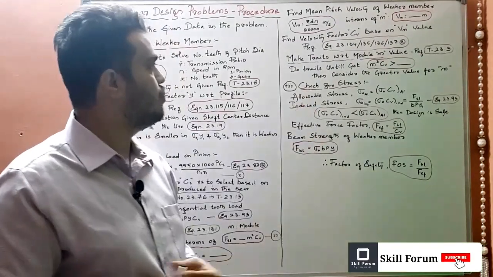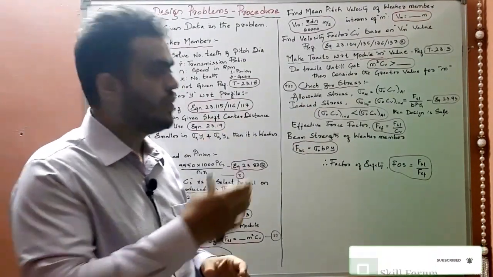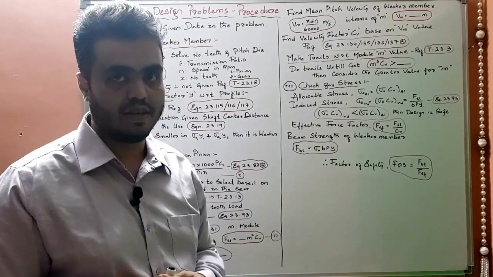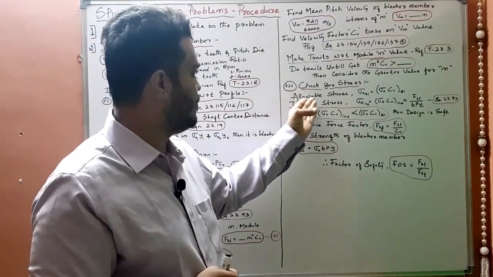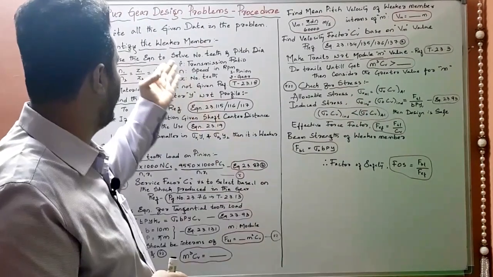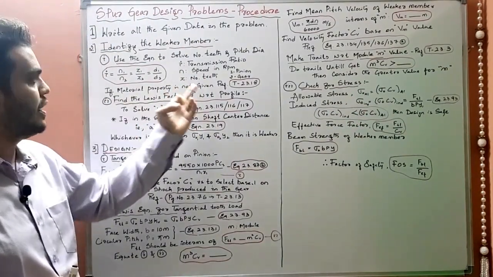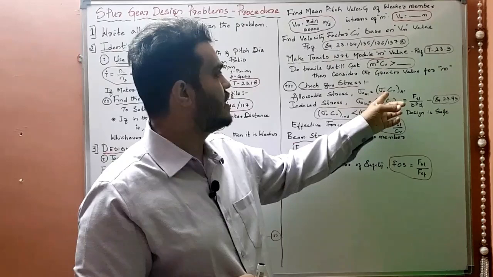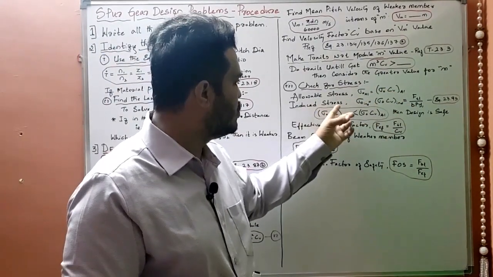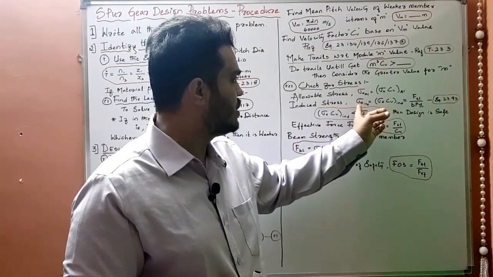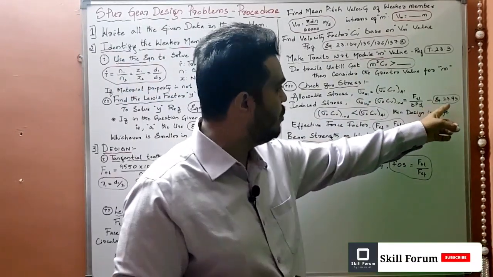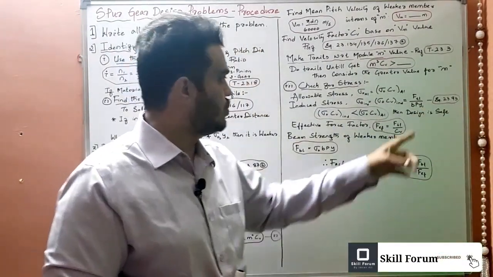So next, once we get the module value, we need to check the stresses. To check the stresses, first is allowable stress, right? Allowable stress is nothing but the material property, that is sigma naught into CV. That is for allowable stress. And then induced stress: sigma naught induced is equal to sigma naught CV into induced. This equation you will get in 23.93, so you need to solve it.